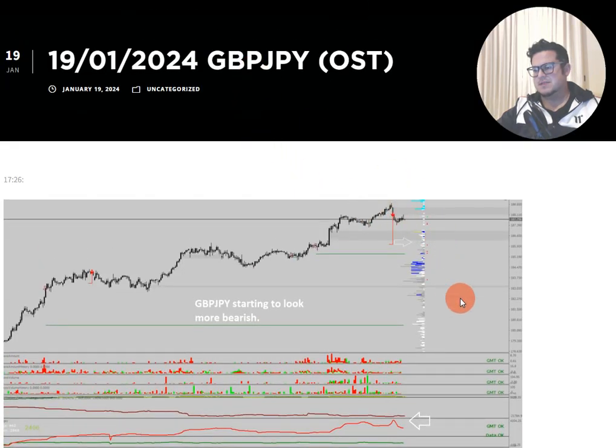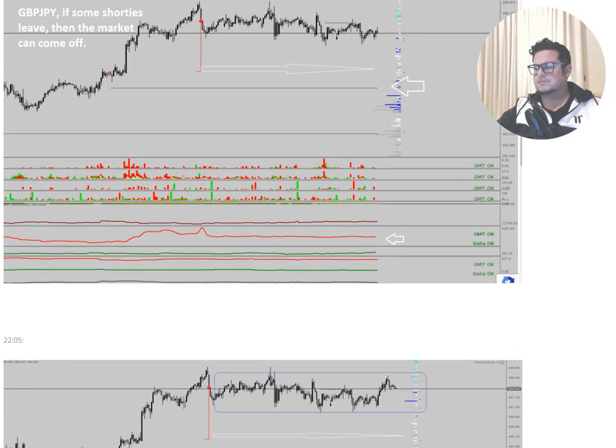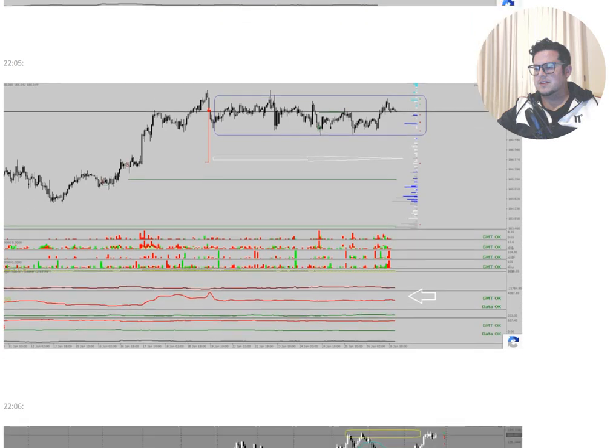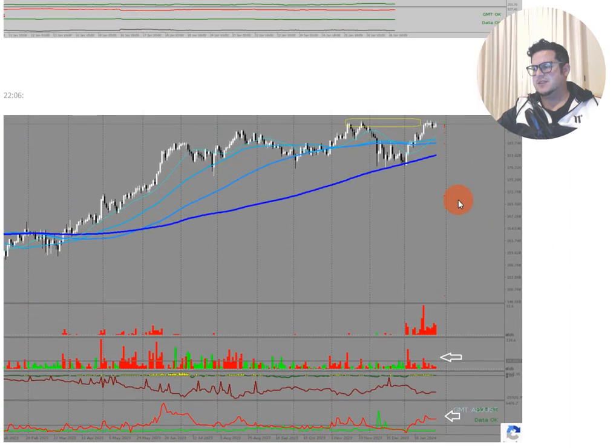So as you can see, pound yen can still come down. Shorties start to leave with an option strike target on the 1 hour chart, so an MTS. So if some longies come in, it can come down next week, okay? And if the shorties continue leaving the market. So this week it kind of went sideways towards the end of the week. So let's see what happens. If shorties leave and the longies come in, we could have a nice reversal move down.